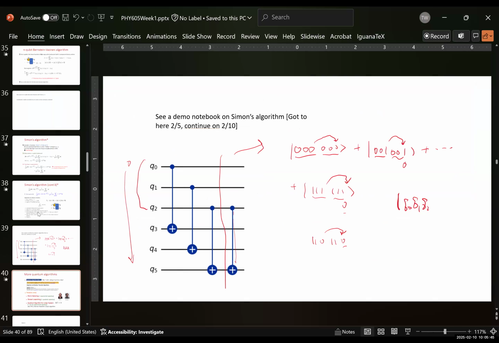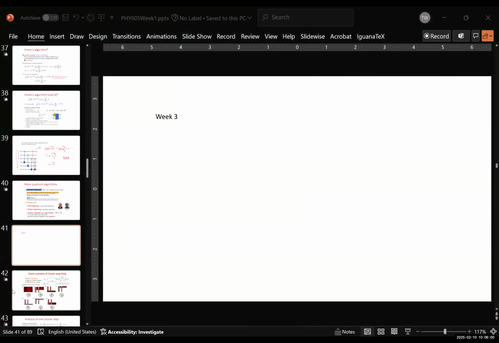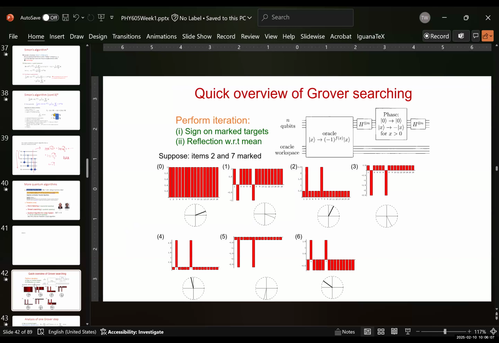Okay, so this was what we started at the end of last week. We're entering the third week. We are discussing Grover's algorithm and then implementing it. So who still remembers Grover's algorithm? Grover's algorithm is a search algorithm, a quantum search algorithm